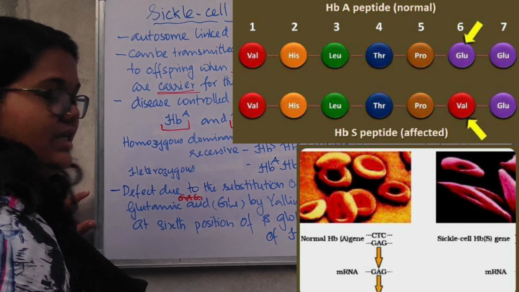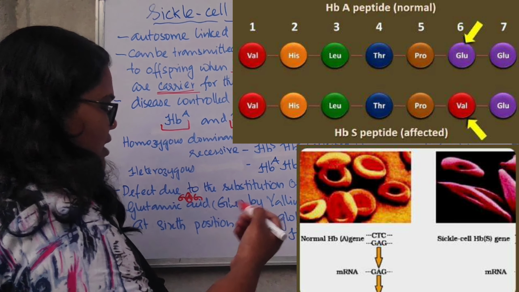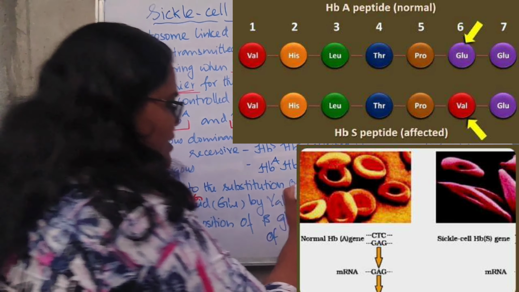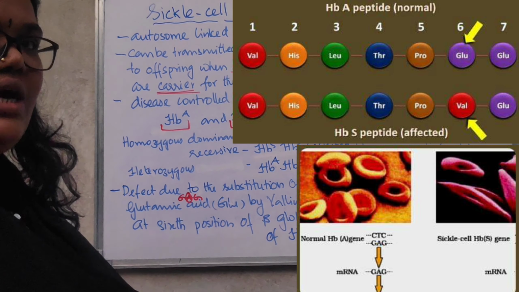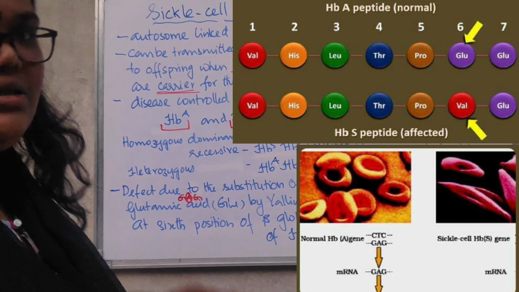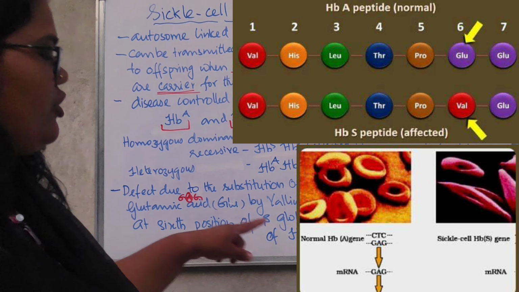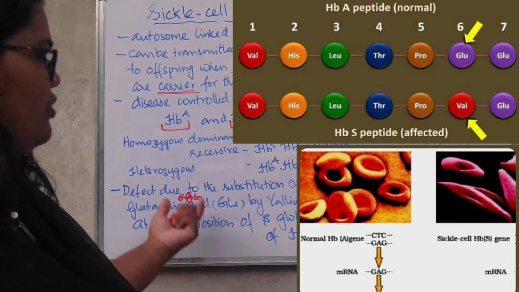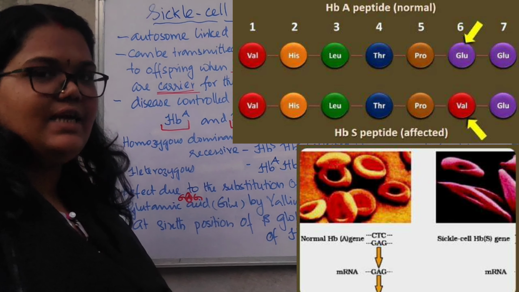In the next chapter we will learn this. Instead of this GA, you can see that there will be another nucleotide substituted there. That's actually GUA. Because of that, the amino acid glutamic acid can be changed into valine and it will lead to the sickle cell anemic gene, right? So this is substituted at the 6th position of the beta globin chain of the hemoglobin. We are going to learn about the codon and genetic code in the next chapter. That time you will have a clear idea about this, right?